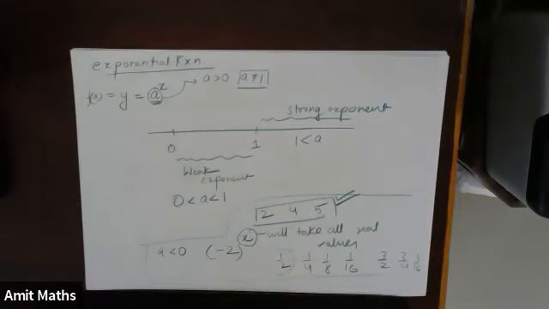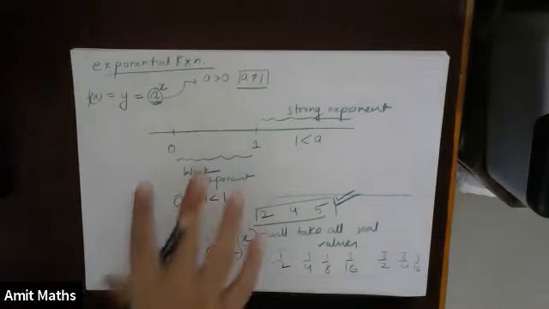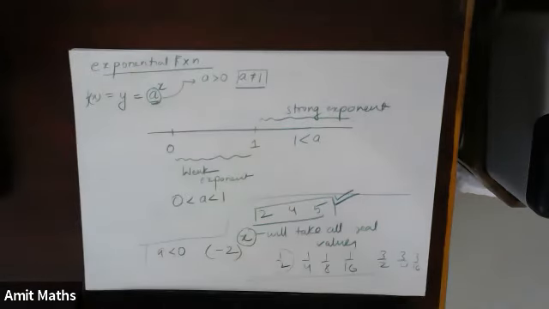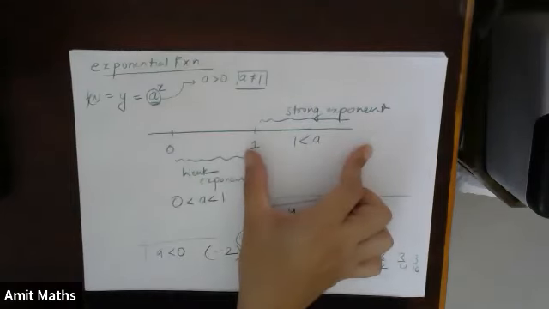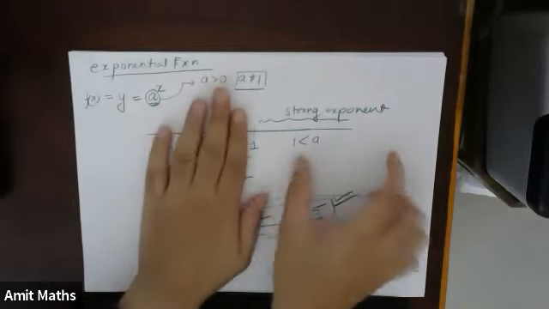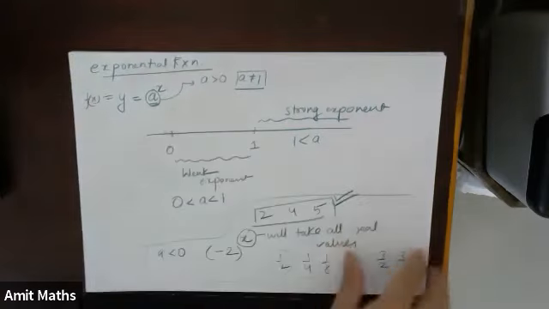Same is the reason for log. If I take base to be negative, at some points it will not be defined. So we will not take negative exponents and negative base. I hope this is okay. So let's first try to draw the graph of exponent which is greater than 1. Let's try to draw the graph of this portion.